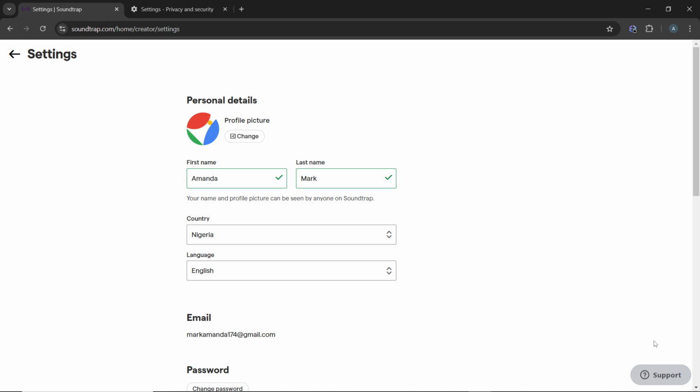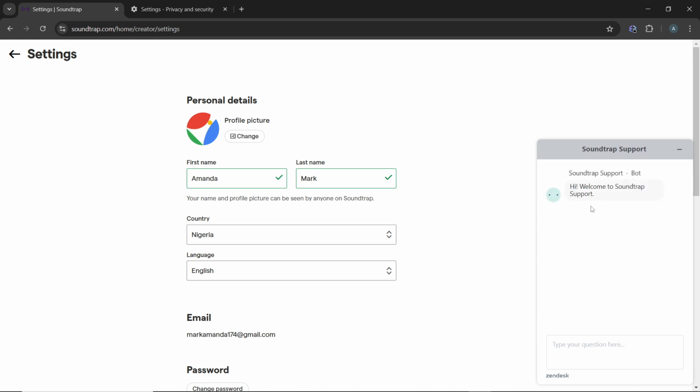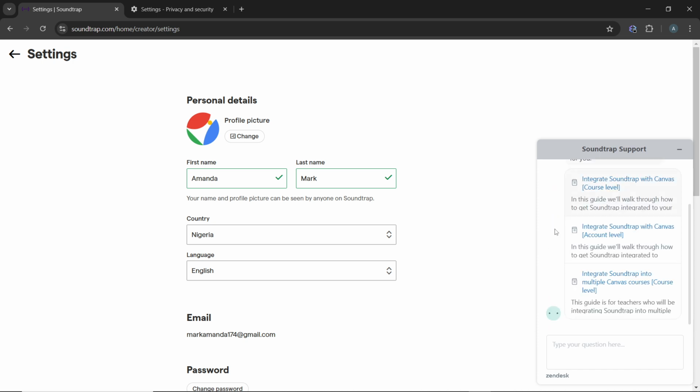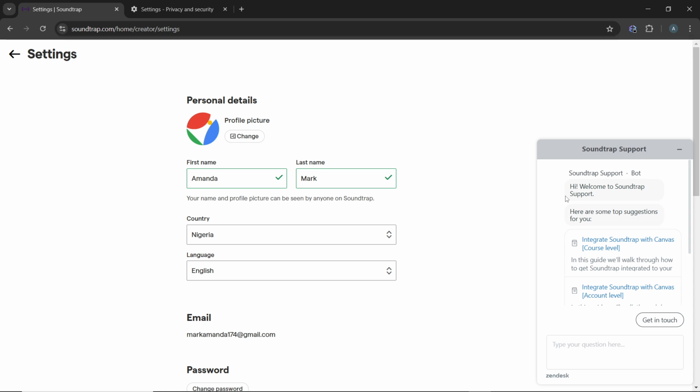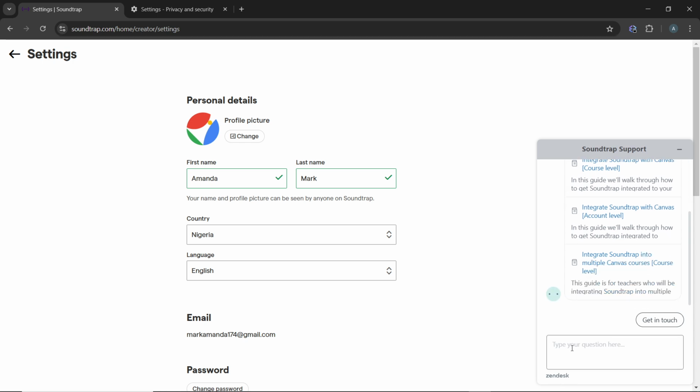Now, if you check the bottom right corner of your screen, you're going to find the support button. Now, click on the support button and the support bot will open up for you. This is Soundtrap support. Now, in this inbox, go ahead and tell them